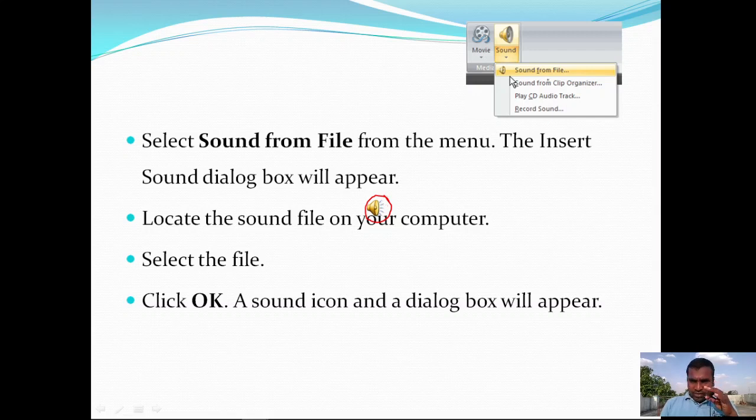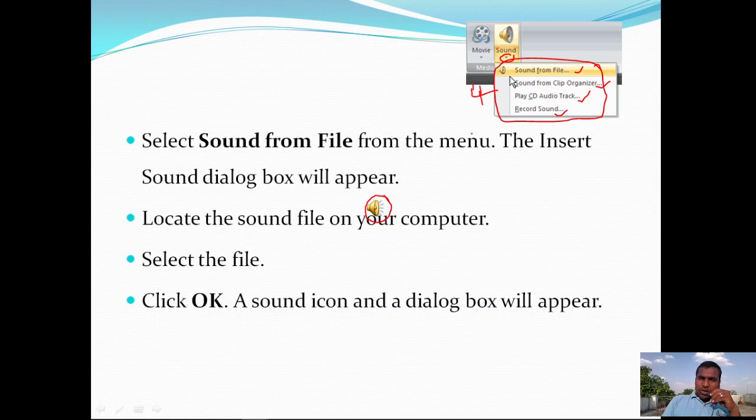Whenever you click on the drop down button on the sound command, these options are going to be displayed: Sound from file, sound from clip organizer, play CD audio track, record sound. So these are the four options that are available.